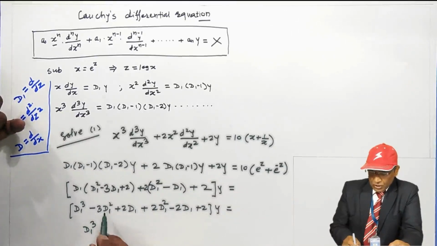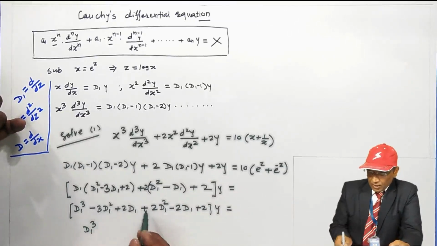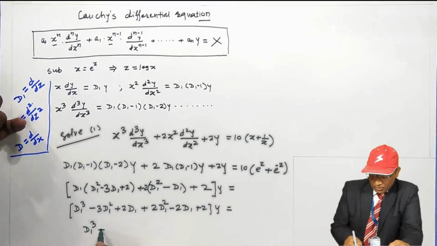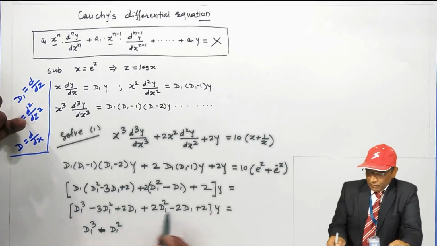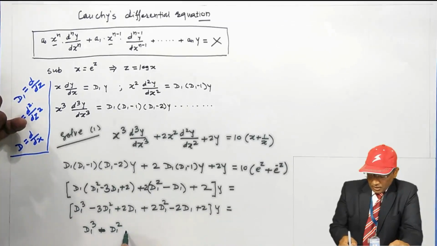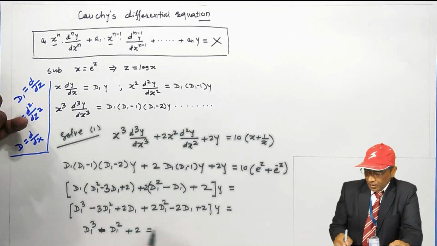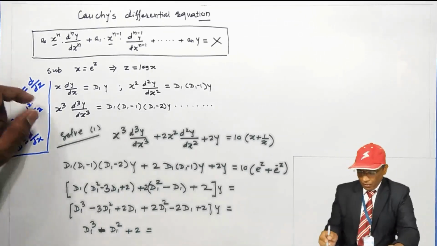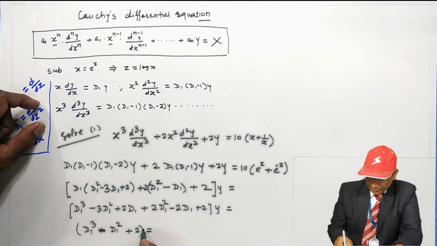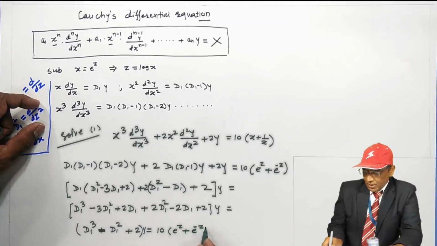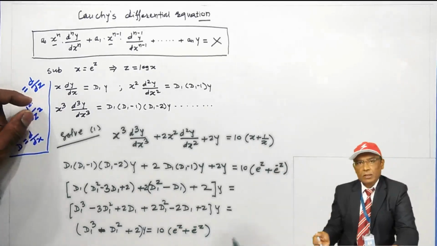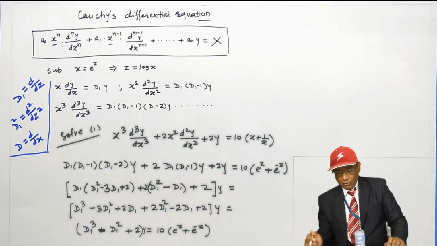d1 cube, here square terms are there, minus d1 square and 2 plus 2 d1 square is minus d1 square. Okay, plus 2d1 minus 2d1 gets cancelled, and plus 2. Right hand side is as it is. Okay, outside of this bracket y is there. Right hand side, no need to write every time, because the equal to sign indicates that the right hand side is being carried out.